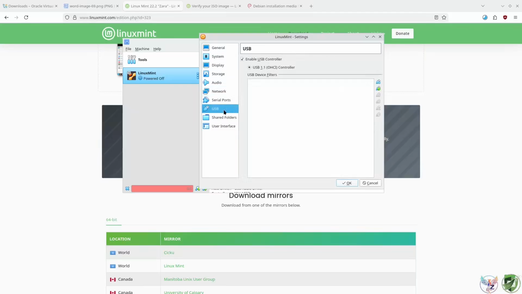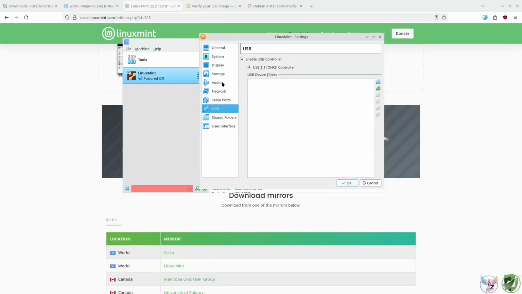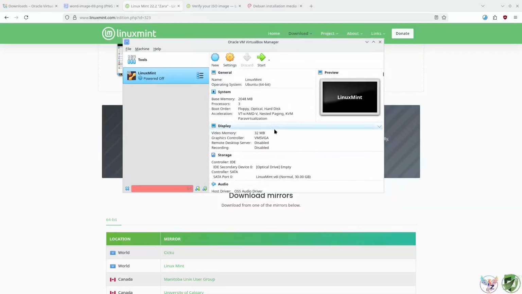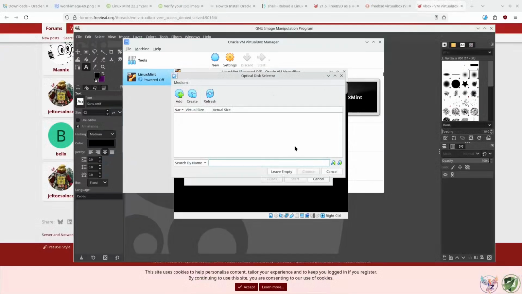There are also options to pass through USB controllers, and for example, if you have a webcam or if you have a cryptographically secure token, you can pass that through to the virtual machine. And there are other options which you will discover later on. Let's save it. And so now it's going to ask us to select